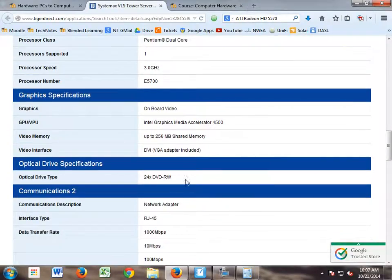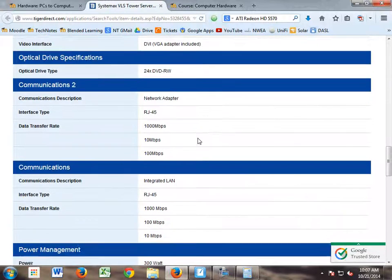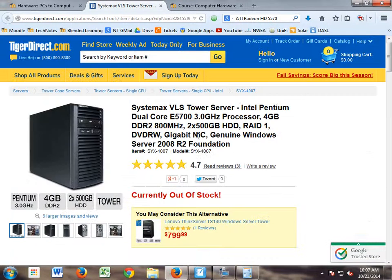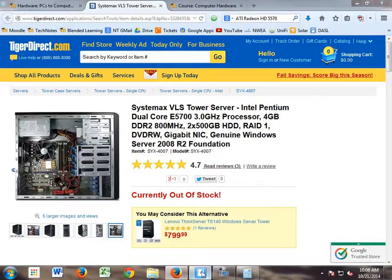It's got an optical drive, a DVD burner. It's got integrated graphics, so basic video card, integrated network, integrated LAN, no other USB. Does it have any extra cooling fans? Well, look at the picture. Yes, it does. And as I look at the back here, I also know it's got no extra cards on here. There's no expansion cards at all in here. So I know it's integrated everything. So as I go through this one,